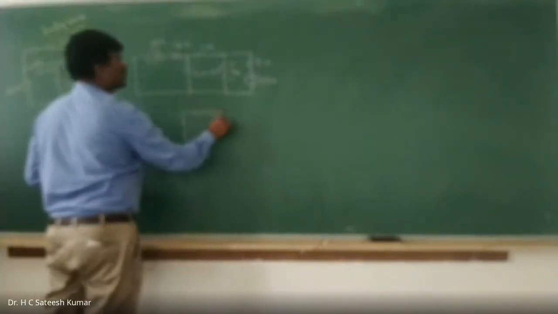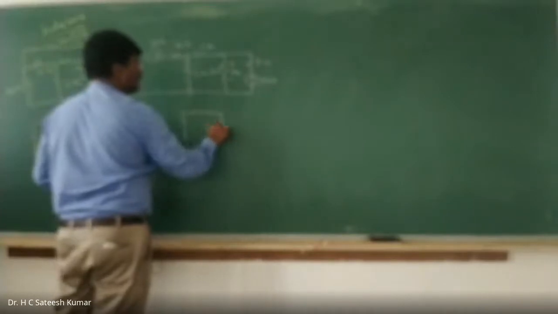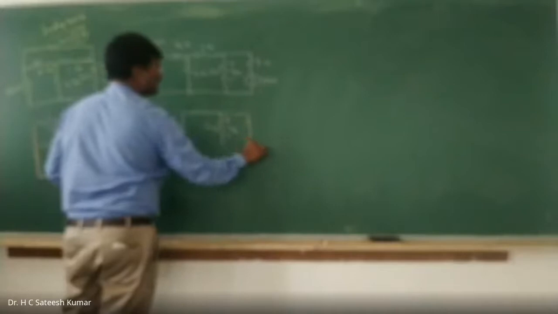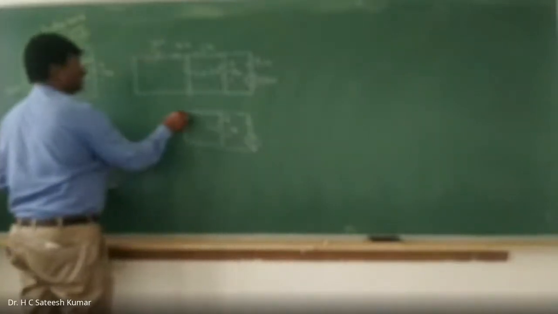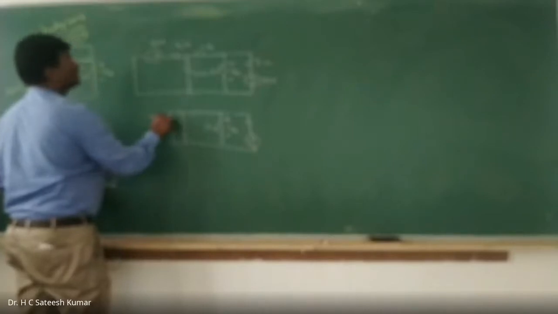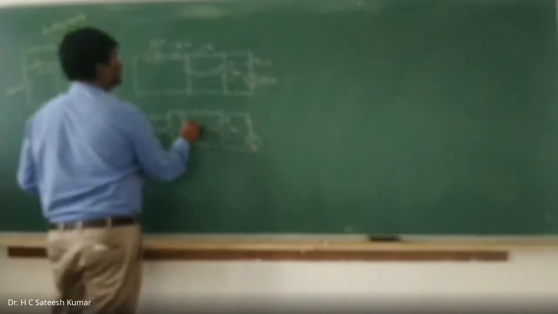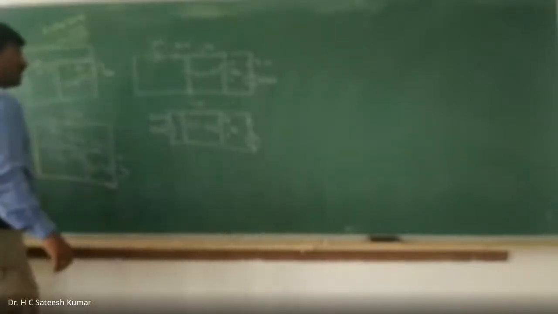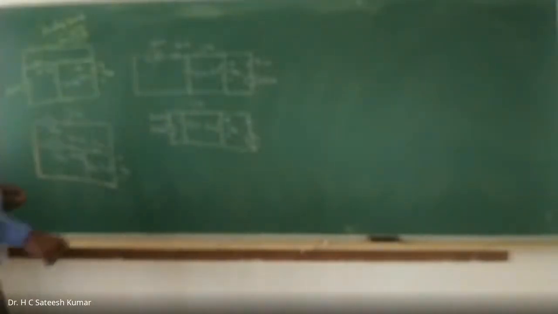2 ohms, 6 ohms, plus minus VA, and this one I'll write it as it is, plus minus, and this one I'll write it this way, plus minus 18 volts, 4 ohms, and this is 2 ohms, this is 1 ohm. Okay, right. Like this we can write it. And this is 3 ohms.